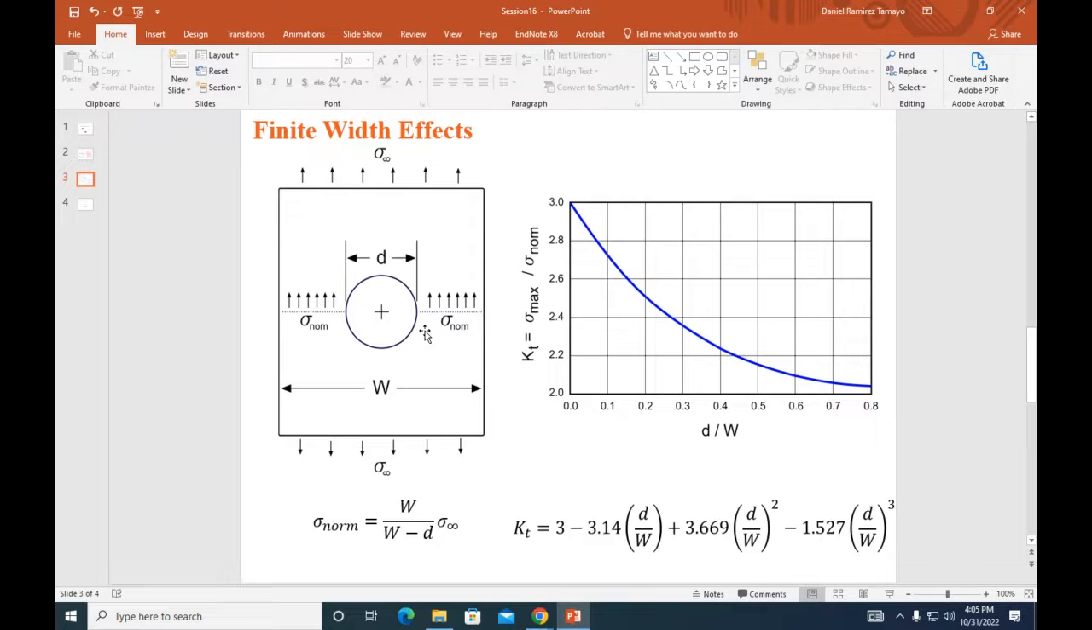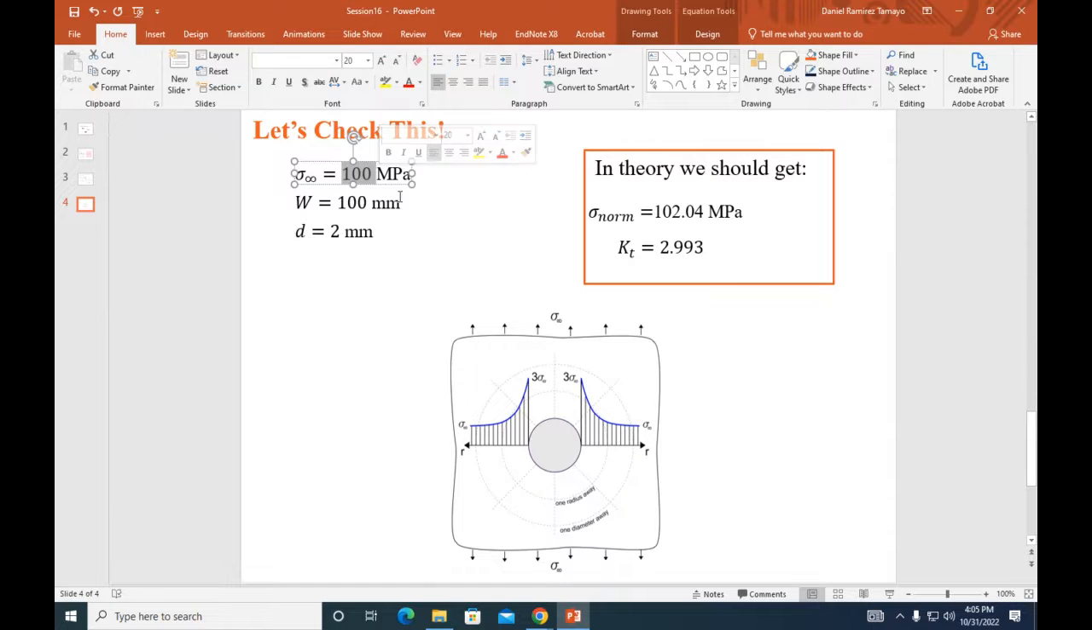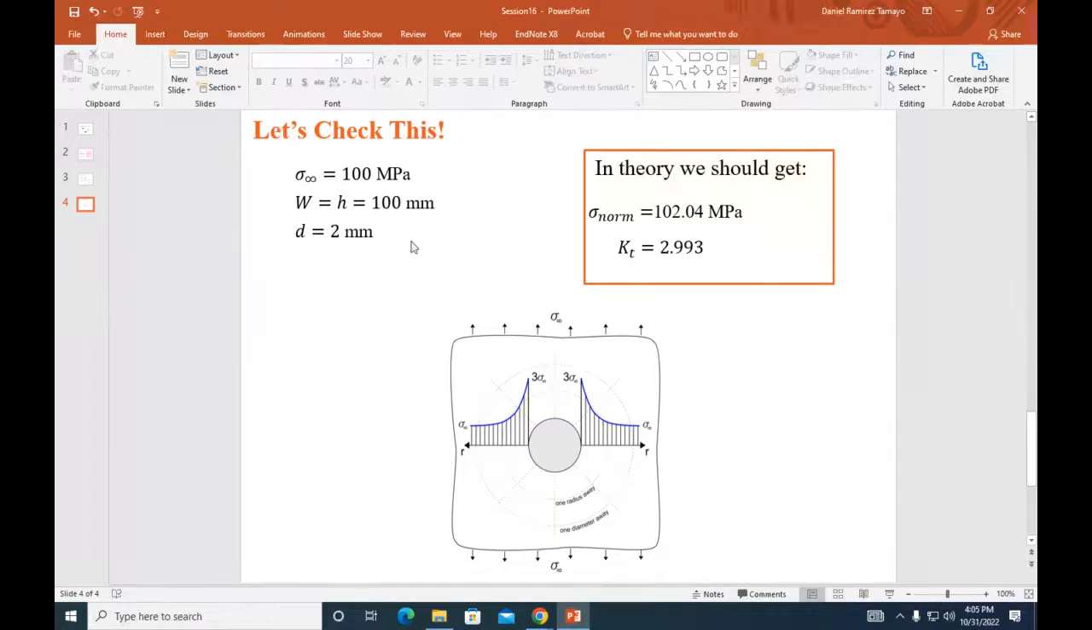Not a lot of theory, I just want to cover a little bit of the basis of what we are going to do today, so we have a basic understanding. Let's check, all right? We're going to have fun modeling here. It's going to be super simple. So the remote stress is 100 megapascals. The width and the height are both 100 millimeters, and the diameter of the hole is equal to 2